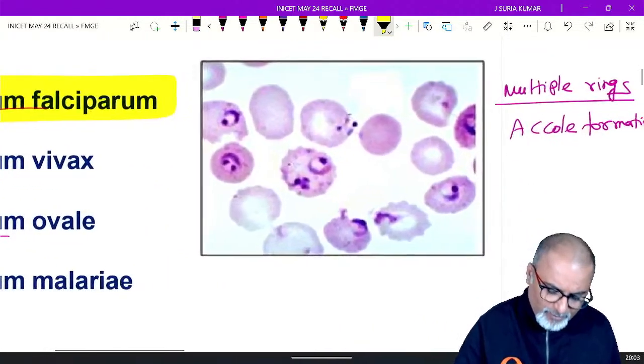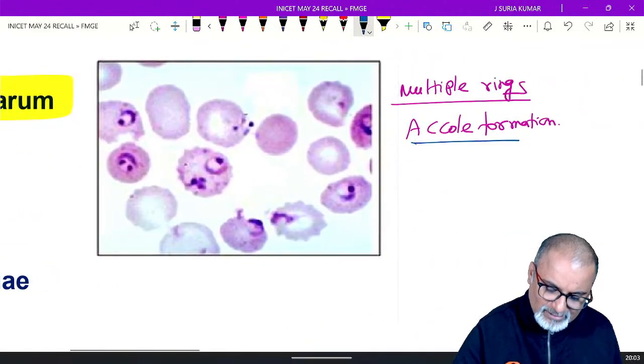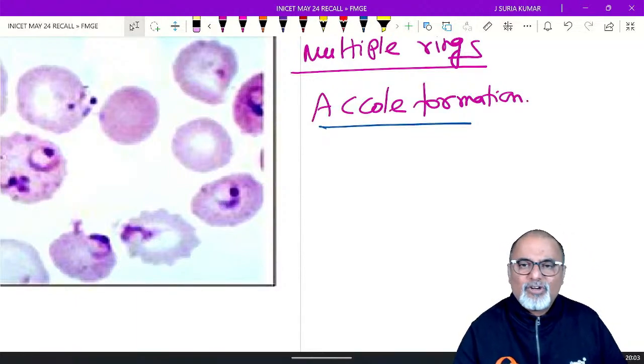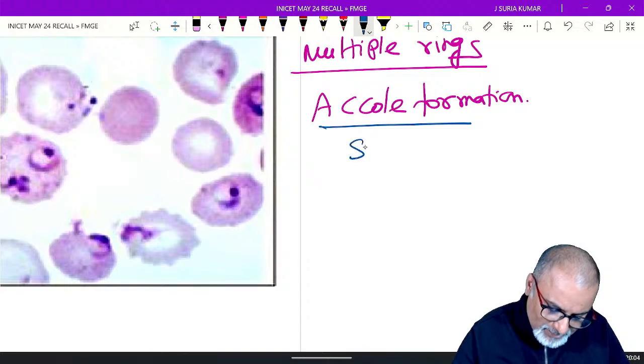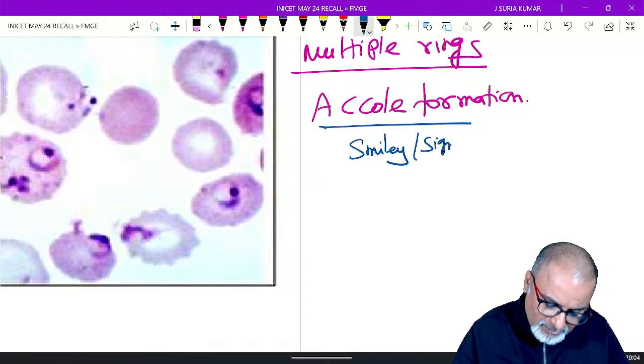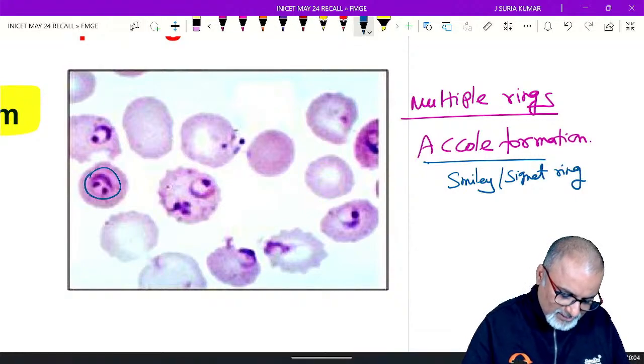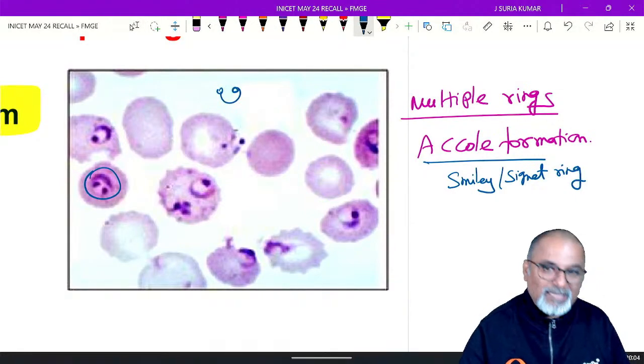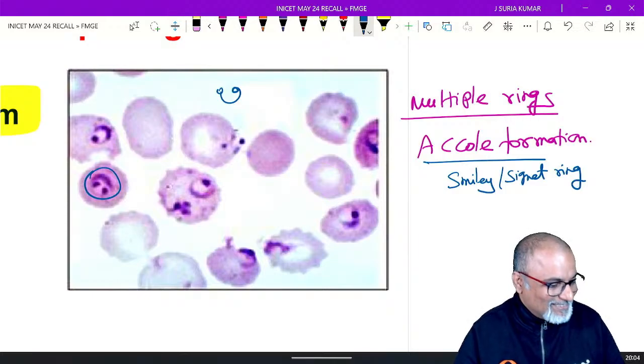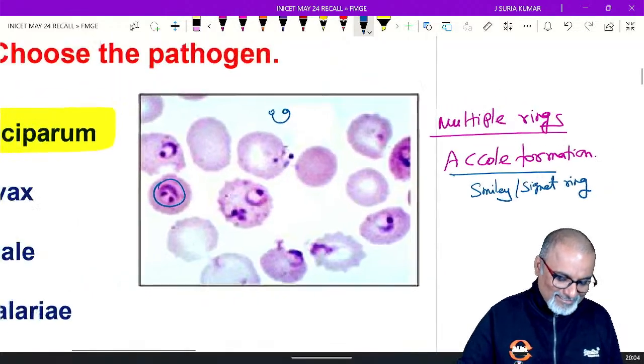Because of accolé formation. Accolé means multiple rings. Signet ring or what's called smiley appearance. It gives a smiley appearance or signet ring appearance. Standard terminologies. Signet ring or smiley appearance. Like this, see here exactly. Smiley appearance. Next is